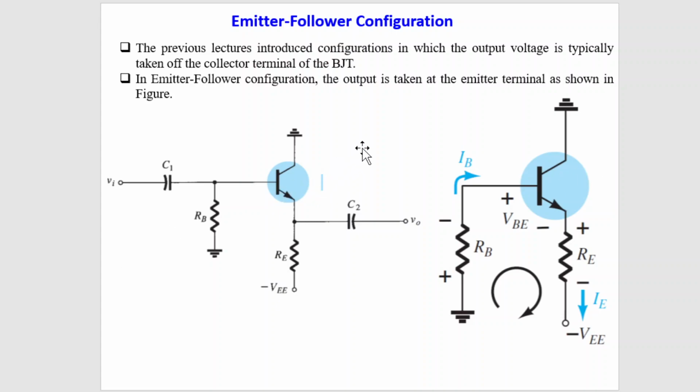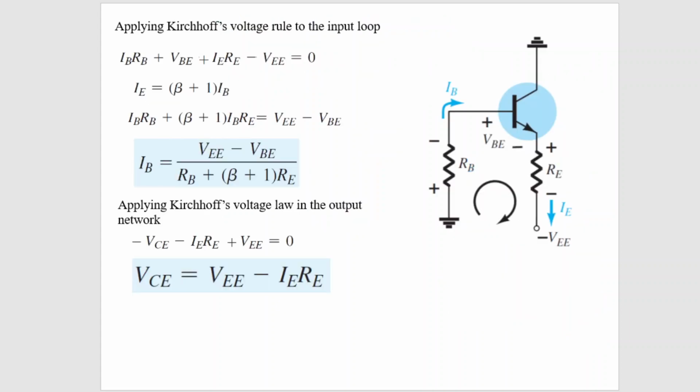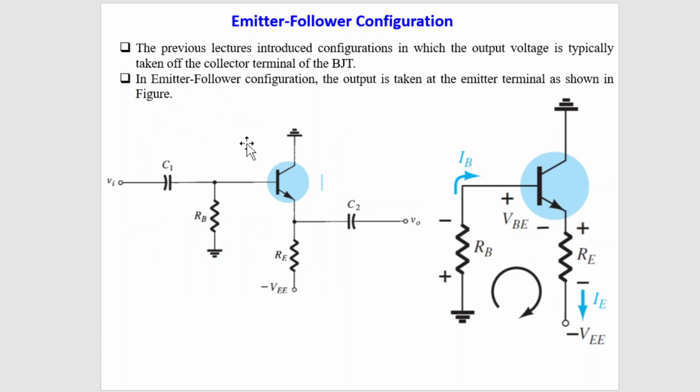So let us try to analyze the circuit for emitter follower configuration. If we choose, let us say, the base emitter loop, the DC equivalent circuit can be represented something like that. So the AC input power supply, the capacitors C1 and C2, and this VO and VI will be omitted. So we will get a DC equivalent circuit which is equivalent to this circuit. Okay, so this is the base emitter loop.